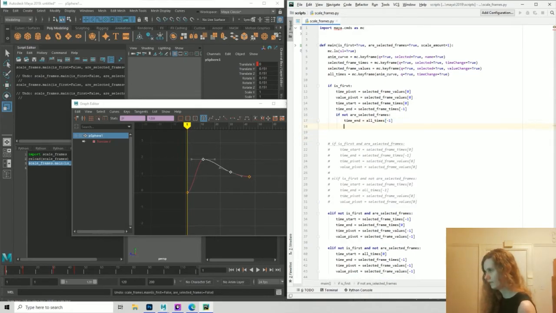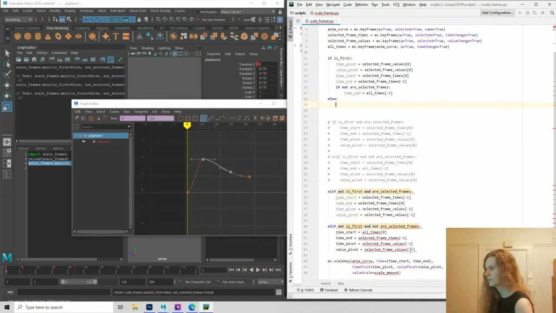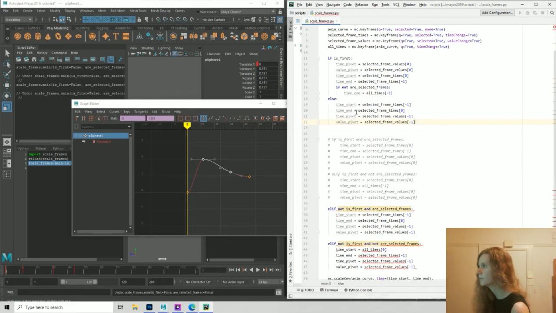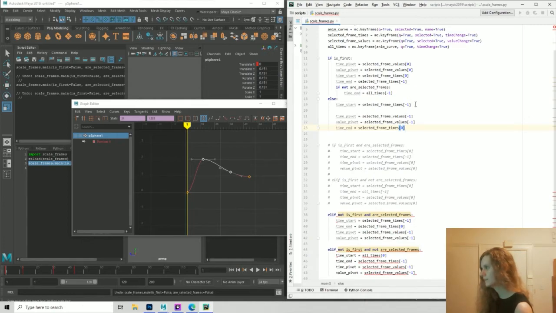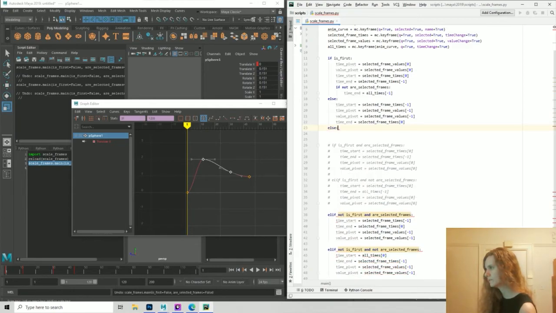And then in the case where it's not time first, and that's also, we'll comment these ones in a bit. Okay, in case it's not, then okay, so time pivot, value pivot, time start. Okay, so it's everything apart from time end. So let's put this in the end too. And so if time end is different,